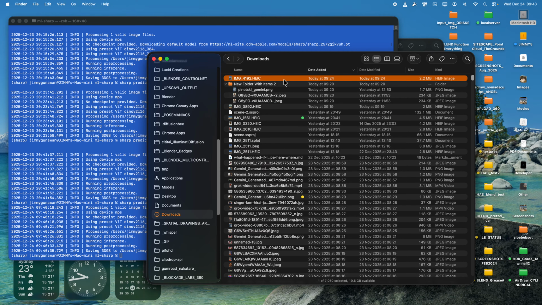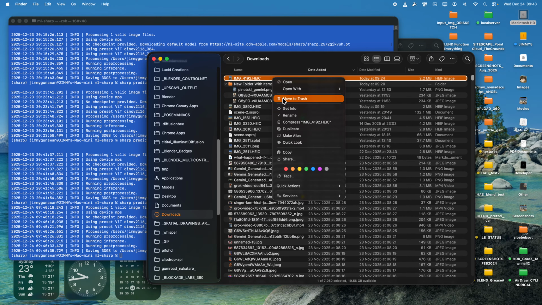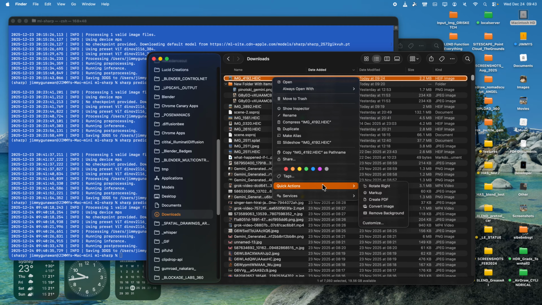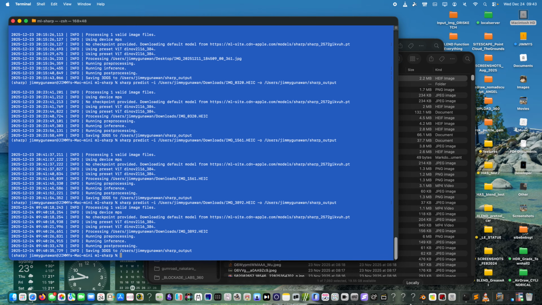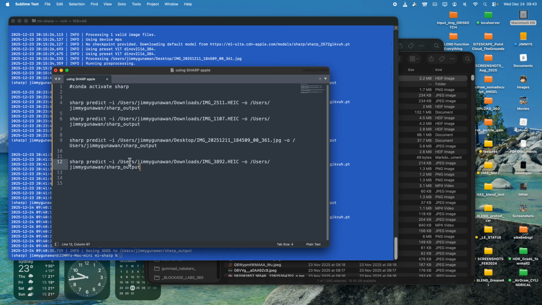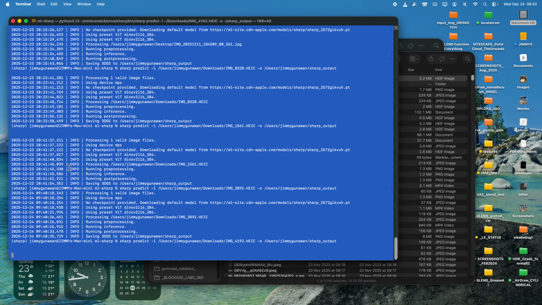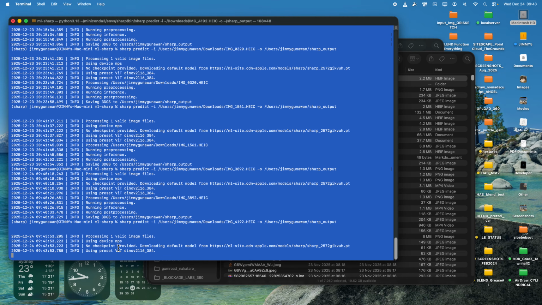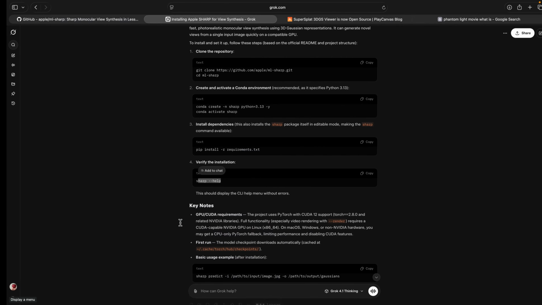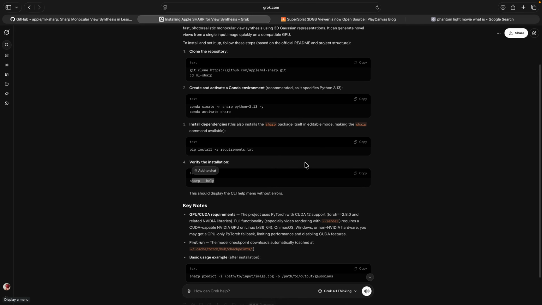If we try again with this dog picture, right click, hold option, copy the path name. Yeah, I usually do that. There's probably a better way to do this. Oops. Copy. Yeah, it's going to do the processing again. Like I said,